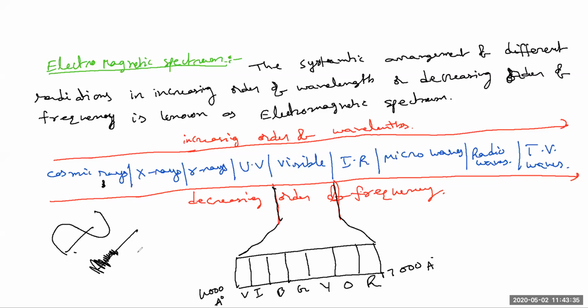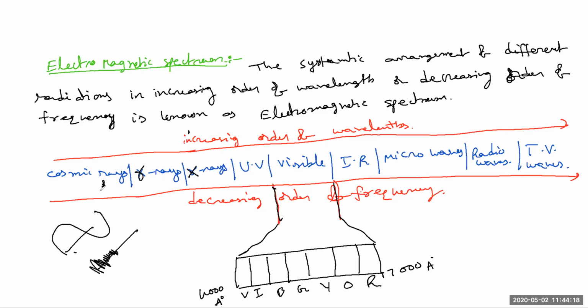X-rays also have more penetrating power. We do a medical X-ray, we take an X-ray when bones are fractured, at the clinical laboratory. X-ray radiations are not visible, so they pass through, as the penetrating power is more. Gamma rays also. I am sorry, after gamma rays, X-rays will come. One small modification here: this is the gamma rays, and then it is X-rays.